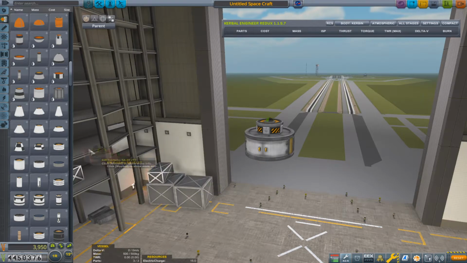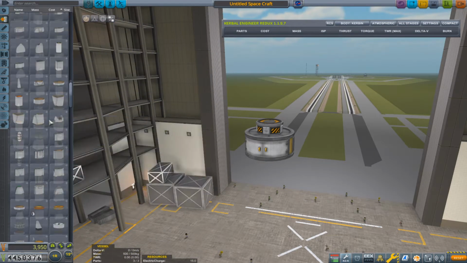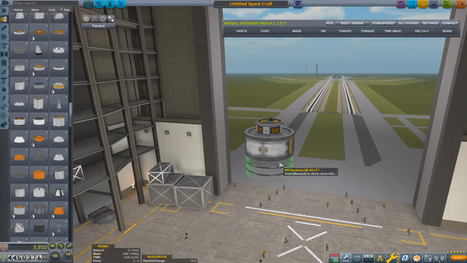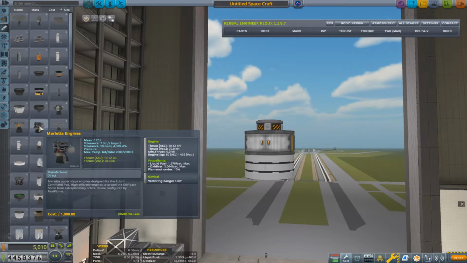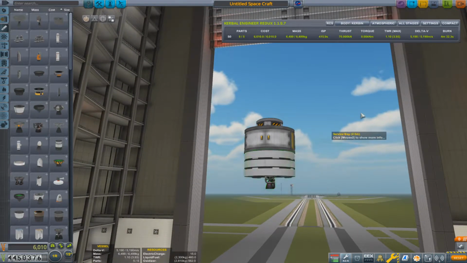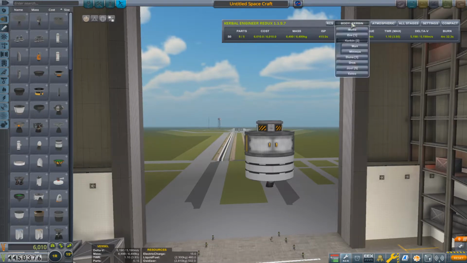is this one? No, that's a small one. Let's organize these by size. It's a little easier that way. This one? Yes, this one here. I think that should be enough. We'll see. The engine I have in mind is my favorite landing engine, Marietta. I know it's tiny, but oh my, see, look at this. 5,000 delta V. And let's look at